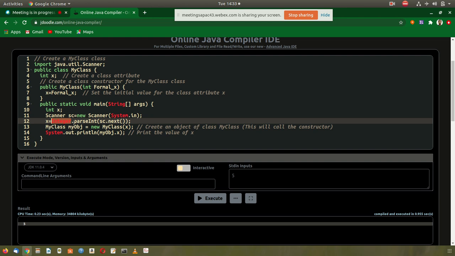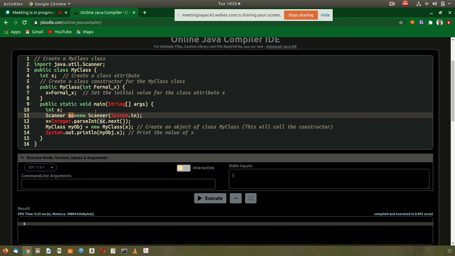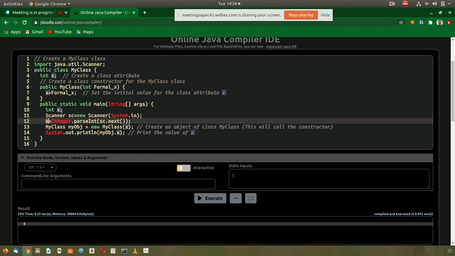And why are we doing the parsing, you can see Integer.parseInt(sc.next()). That means the Scanner object, whatever it reads from System.in, converts into integer and stores it in x. So that is the first thing we are doing.